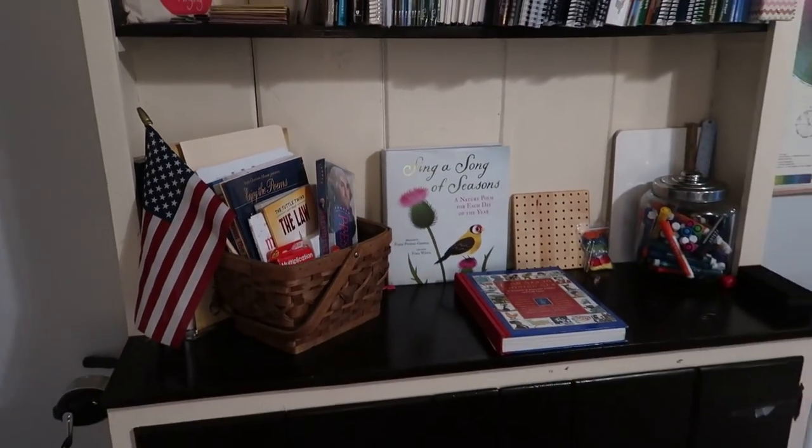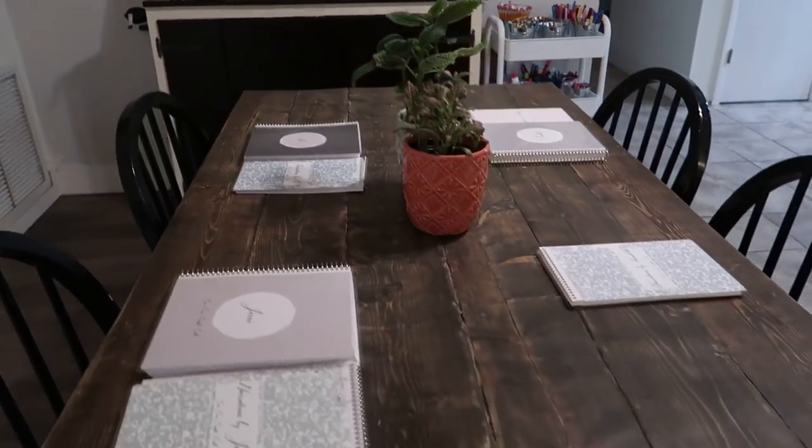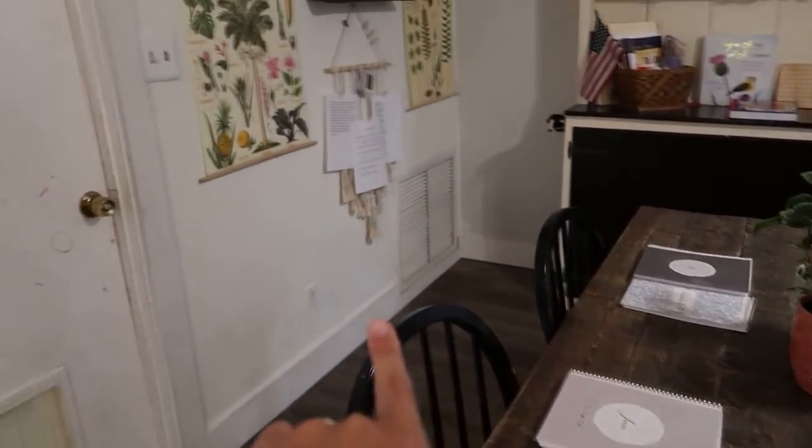And I think that's it for this particular room, right? Besides our little table, which is so spacious, and I'm so happy to have this extra space in this room. All right, I will now take you into